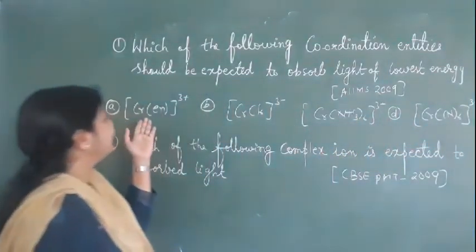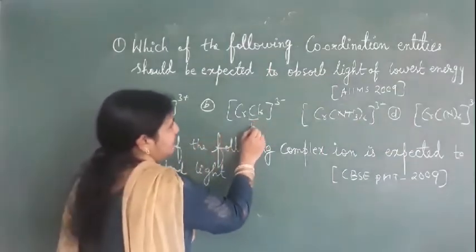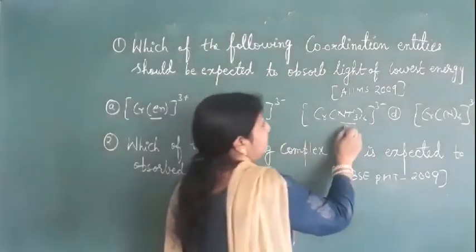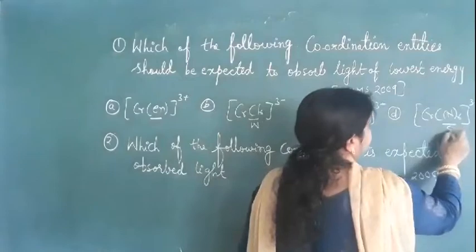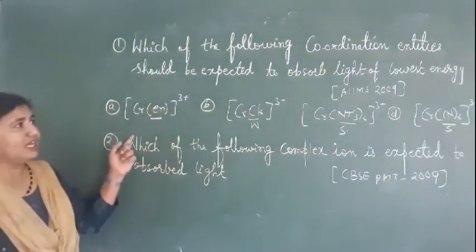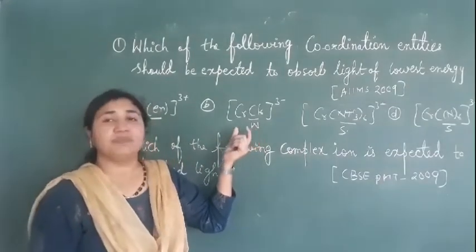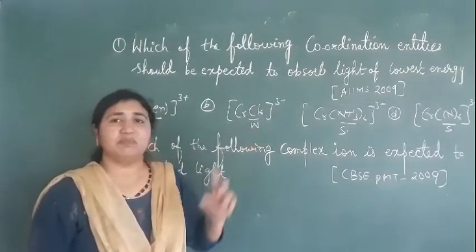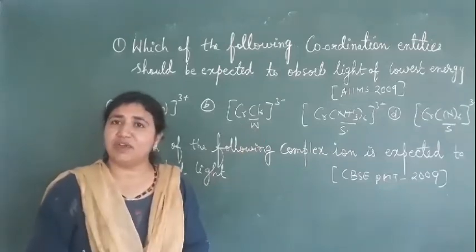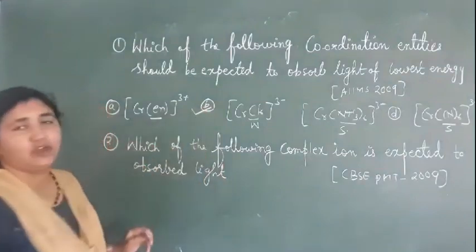What is different here? Ligands are different here. En is a strong ligand, Cl is a weak ligand, amide is a strong ligand, cyano is a strong ligand. So these three are strong ligands. What is the weak ligand here? Chlorine. Okay, chloro. This chloro weak ligand means the splitting will be less here, so it will absorb low energy wavelength. So the correct option here is option B.